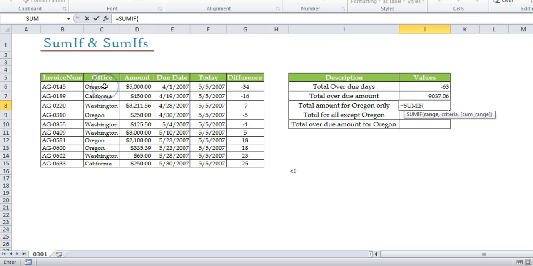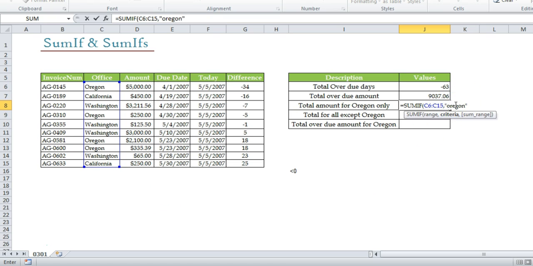Let me select the range, which is offices, comma, criteria is Oregon. So it's very simple. We'll just put double quotes and write Oregon. Just remember one thing, this word is not case sensitive.